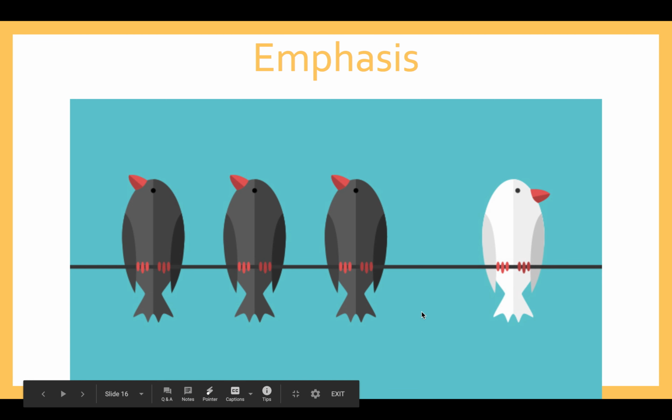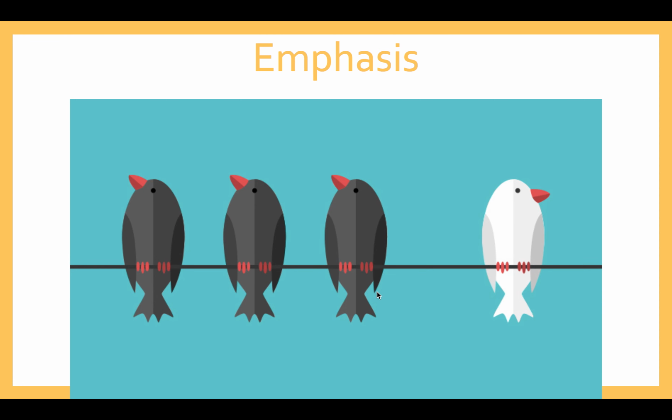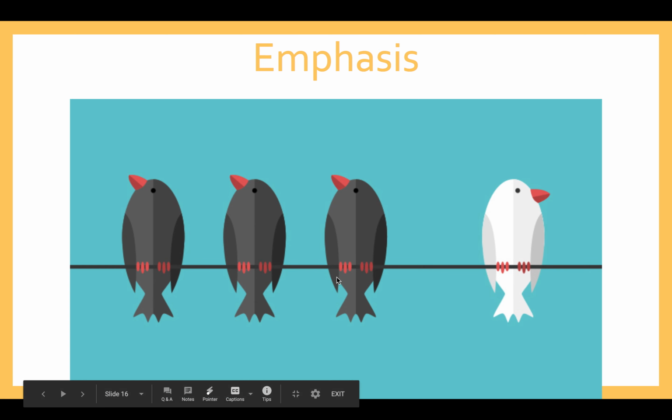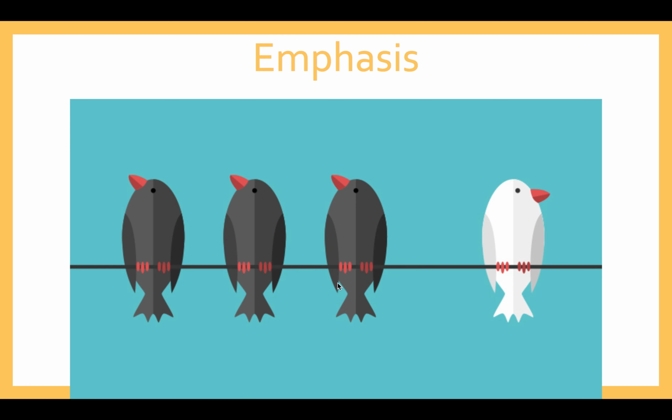Emphasis. Emphasis to me doesn't seem so much like a principle as like an umbrella principle. You've got so much going on in this. The birds are facing opposite directions, which creates a contrast in direction. These birds are up, this bird is not up; his beak is more level. That's interesting. What's that saying? They're contrasting there. The colors are obviously contrasting. The balance, if you cut this image in half, is totally unbalanced. There's more on the left than on the right. It's not equally weighted. So what is that saying about this bird?